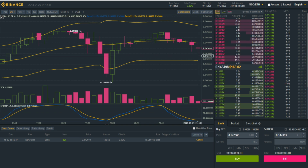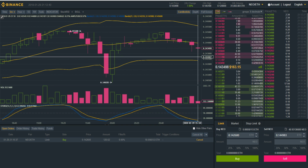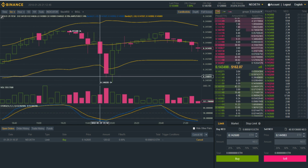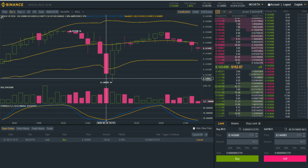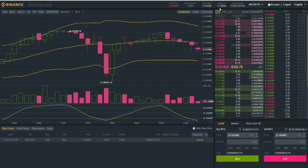I feel pretty confident snatching up NEO, though, at this price, at the 14.26. So we'll just see if it can get that low. I'm waiting on this drop. It had a big drop, but this was its biggest drop in the last, like, 6 hours. So we'll see. Its low today was 128, and its high was 145. We're buying at 136. So obviously there could be a lot of correction tonight. This is a very Asian-heavy coin, though. So we'll see. Maybe it'll